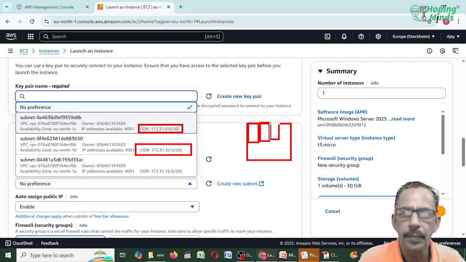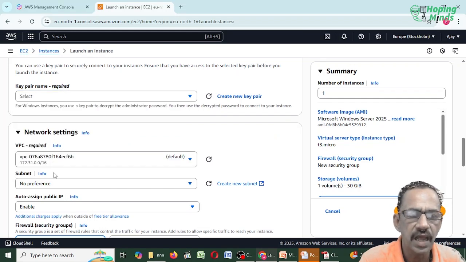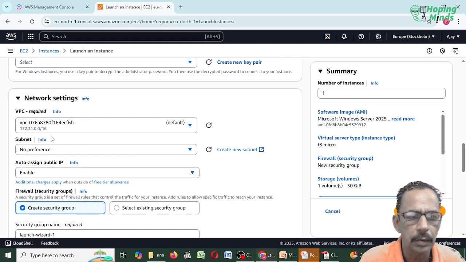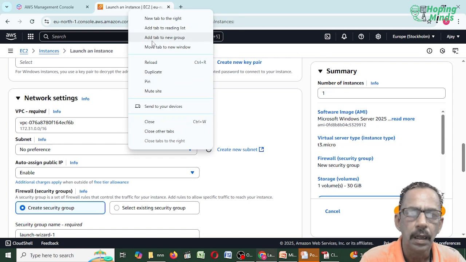Subnets means to break a big network into smaller segments. So you can see everything you have to fill in here, and the remaining we will discuss, all the points here. You can see by default there is a default VPC. But if I duplicate it,